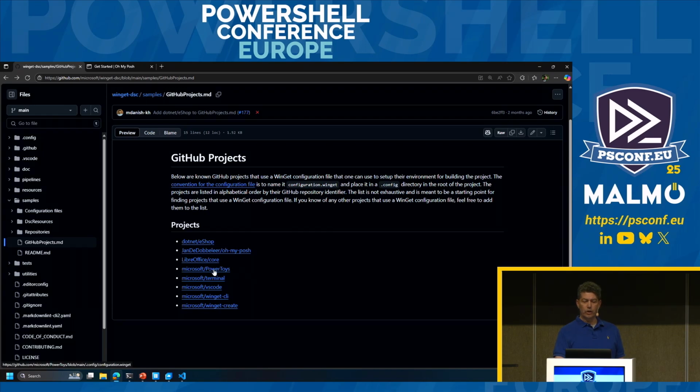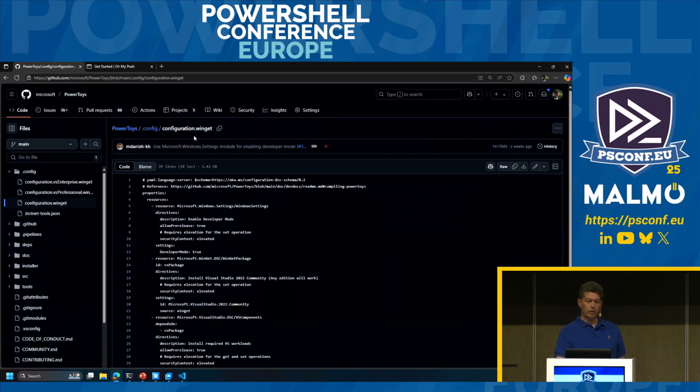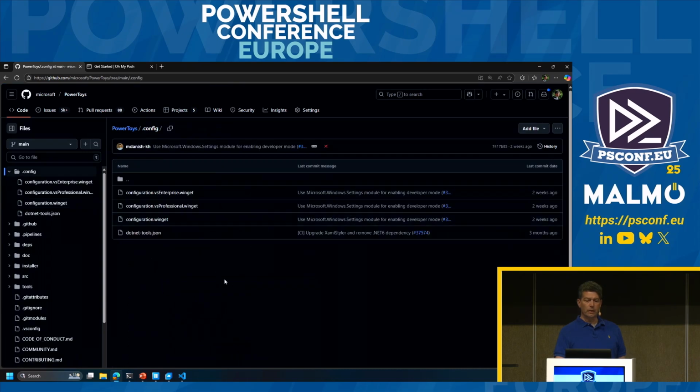Another common challenge is, and I'll show this at PowerToys, Visual Studio comes with different SKUs. So there's the community SKU, the pro SKU, and the enterprise SKU. All of those SKUs are different product IDs or package IDs to Winget.